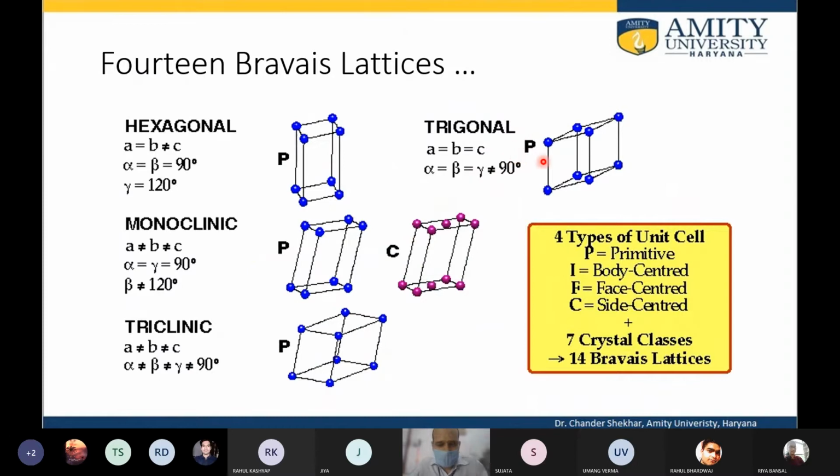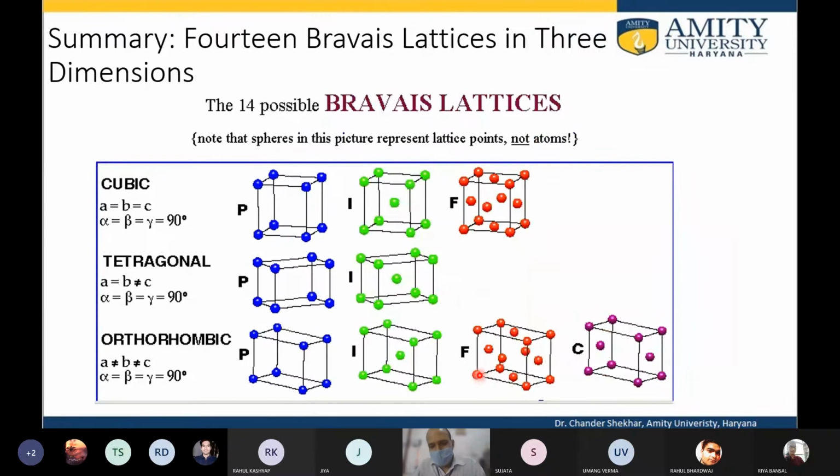The primitive unit cell is a Bravais lattice, and in monoclinic there is a base centered, and the primitive simple cubic primitive, and in the triclinic the only primitive unit cell is the vector. So in all 7 systems, the primitive unit cell is by default the Bravais lattice. In addition to that, there is a base center, body center or face center. So body center, face center and base center, these are the 3 additional configurations of Bravais lattices that are possible